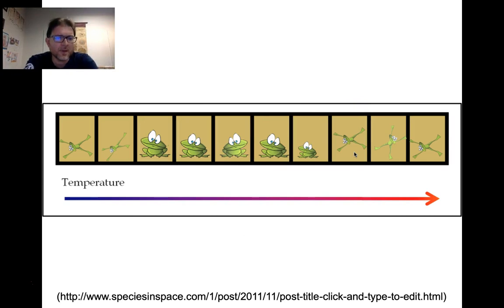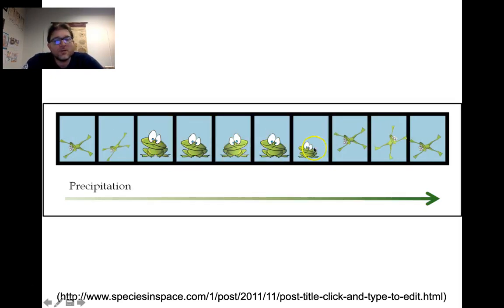Well, one thing you could do is grow the particular species across a range of different temperatures, ranging from very cold to inhospitably hot. And you could record the temperatures at which the frog doesn't die. That would show you the fundamental niche for the frog. You could do the same thing with precipitation. You could keep different members of the species in very wet conditions and very dry conditions, and you could record the conditions under which the frog doesn't die versus when it does. So this range of precipitation conditions here is the range that is its fundamental niche.